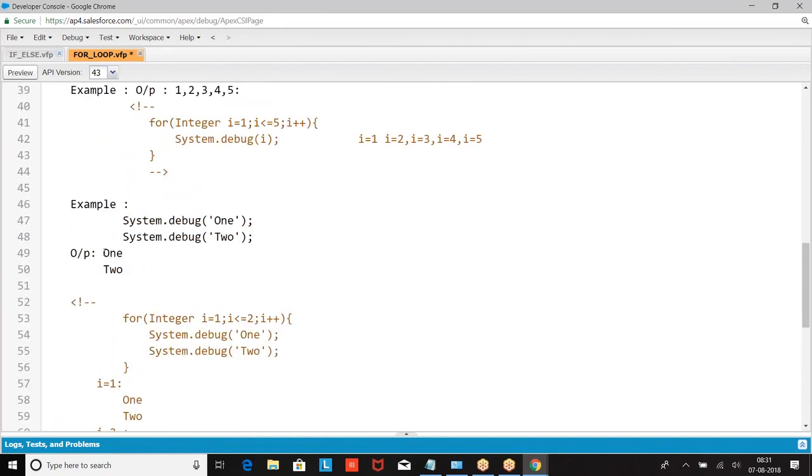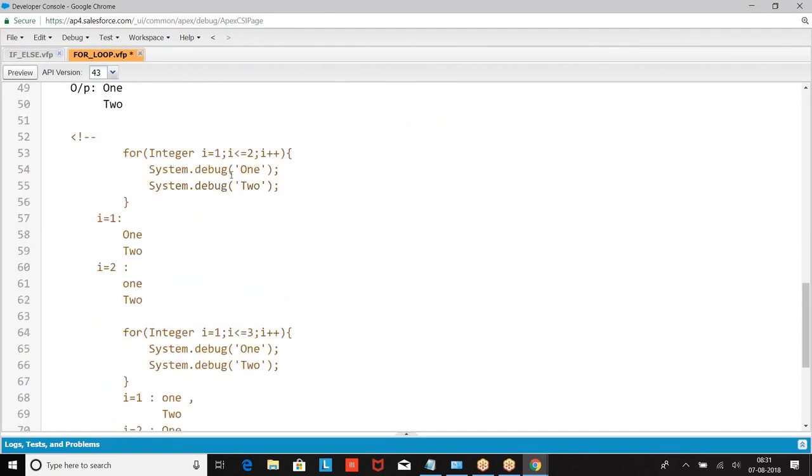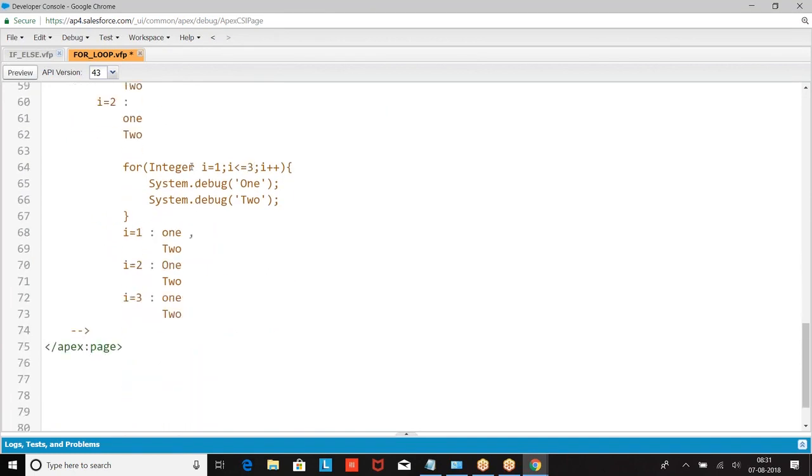If I write it like this, we are getting 1 and 2. If I want to run this twice, write a loop with I equal to 1, I less than or equal to 2; it is going to run 2 times. If I want the same operation to run 3 times, I equal to 1, I less than or equal to 3, I plus plus. So when you want a group of statements to run repeatedly a number of times, then we go for a loop.